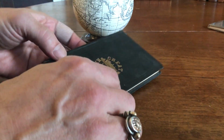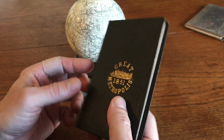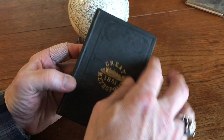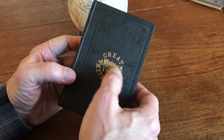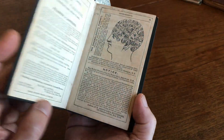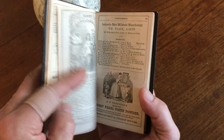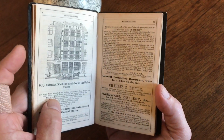We're looking at a mid-19th century guidebook to the city of New York. It's stamped in blind by the publisher in cloth, fine gilt stamped front cover with a profile view of the city from the harbor. It's got advertisements at the front,